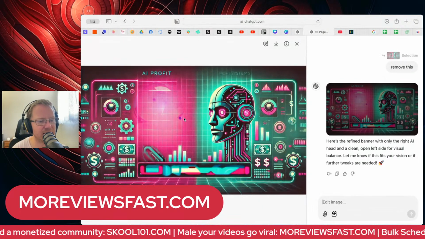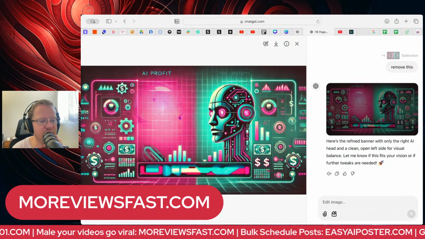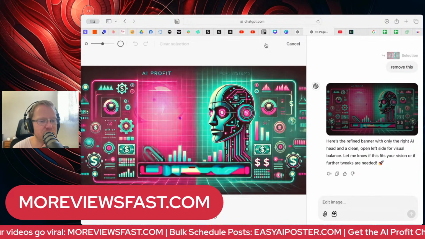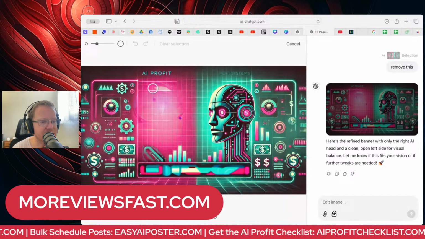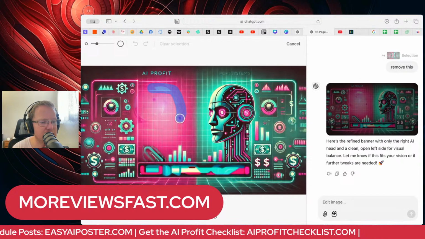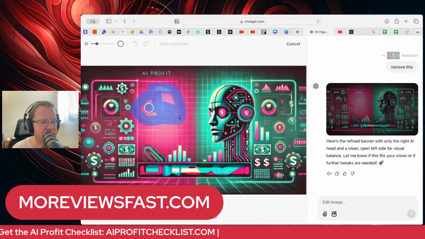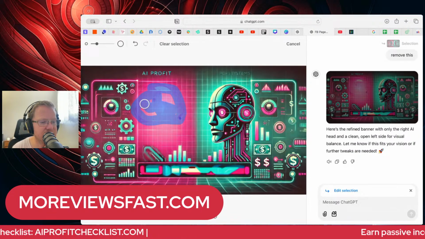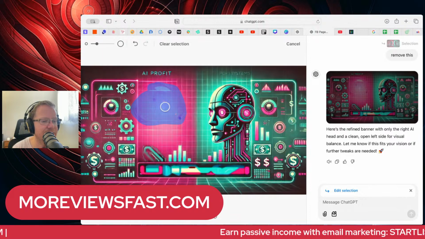Like, I might need to clean it up one more time and just brush it up. But you see, now it actually removed the head. And if I want to make future modifications, I could say it didn't clean up perfectly, and I could just paint out this part and this part, and so on and so forth, and just make notes on it, and it will generate just that part of the image,